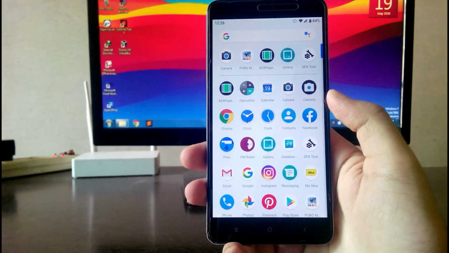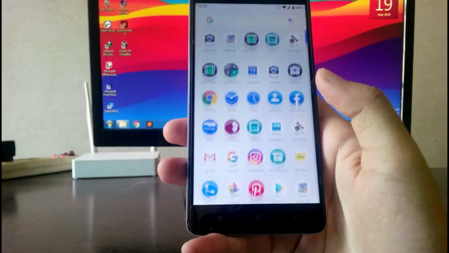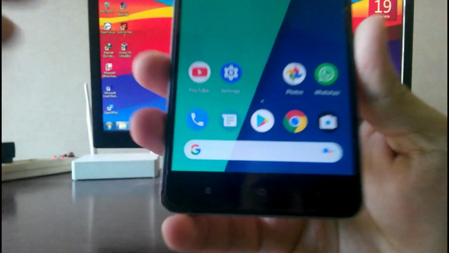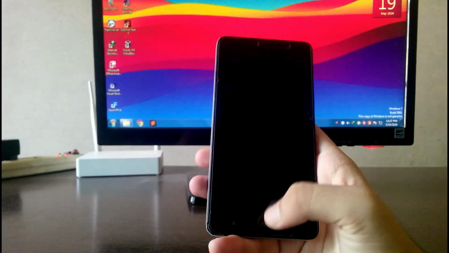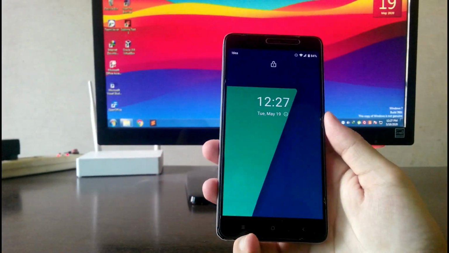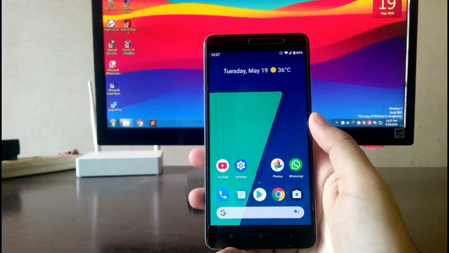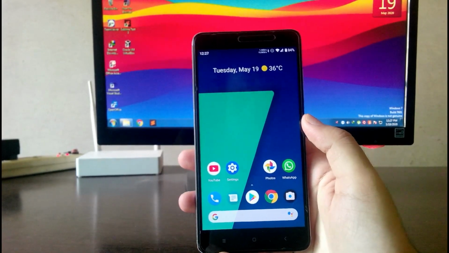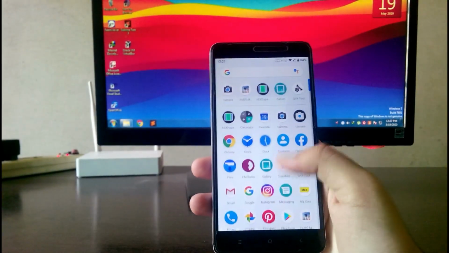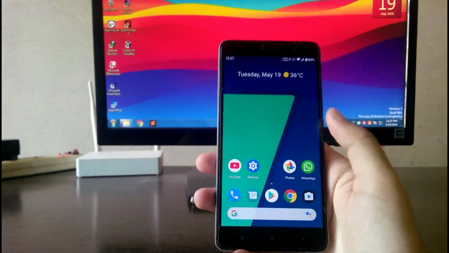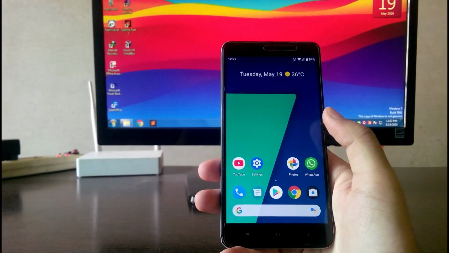The only bugs I faced are the Gcam bug and the hardware button bug. The hardware button light sometimes just doesn't work. Right now it is working, but sometimes it just doesn't work, and the vibration level is very low on this ROM. Whenever you unlock it using the fingerprint, the vibration level is also too low. But whenever there is an incoming call, at that time the vibration is okay, no problems with that. So guys, that's it, that's all. Those are the bugs. And you also have the call recorder available here.